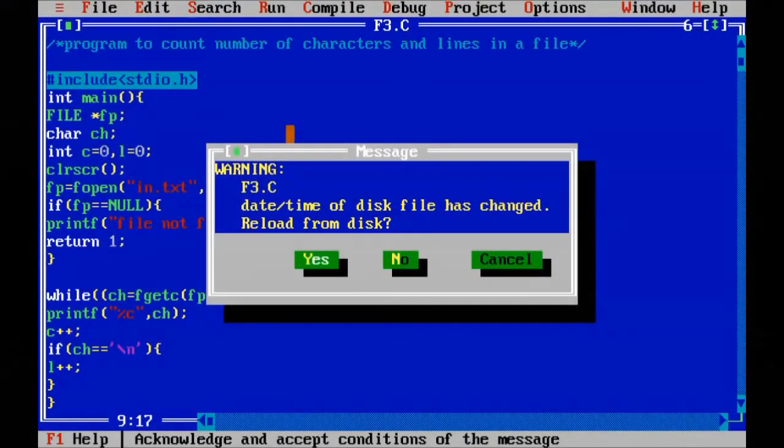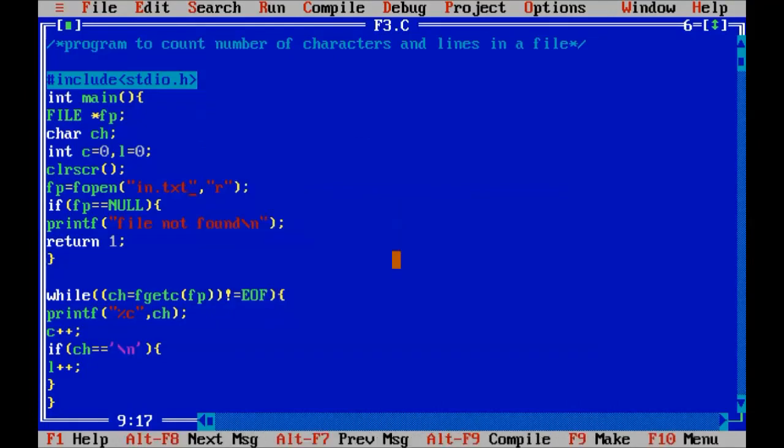This is a small program that counts the number of characters and lines in your file. Okay, very useful program friends. Remember, all you have to do is remember the condition that I have used in this while loop. In the while condition, I am reading the characters from the file and checking whether each is not equal to end of file, then I am doing the counting of characters and lines. Okay friends, so this is a program to count the number of lines and characters of a file.